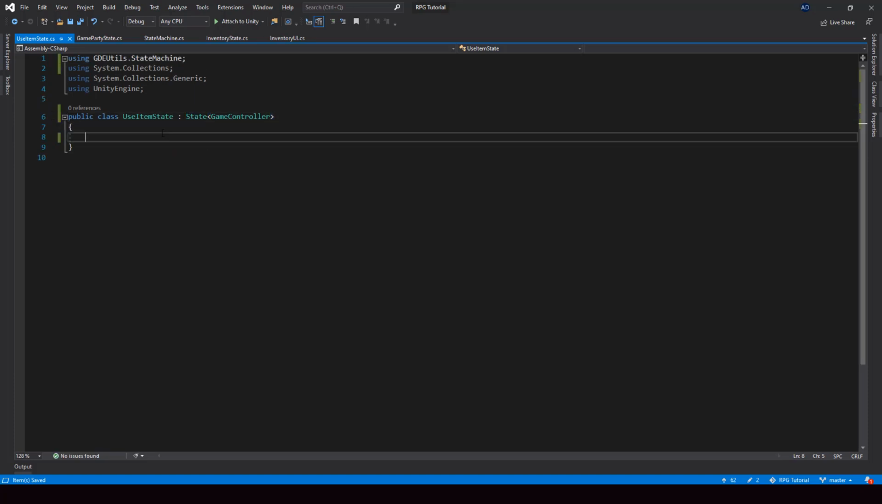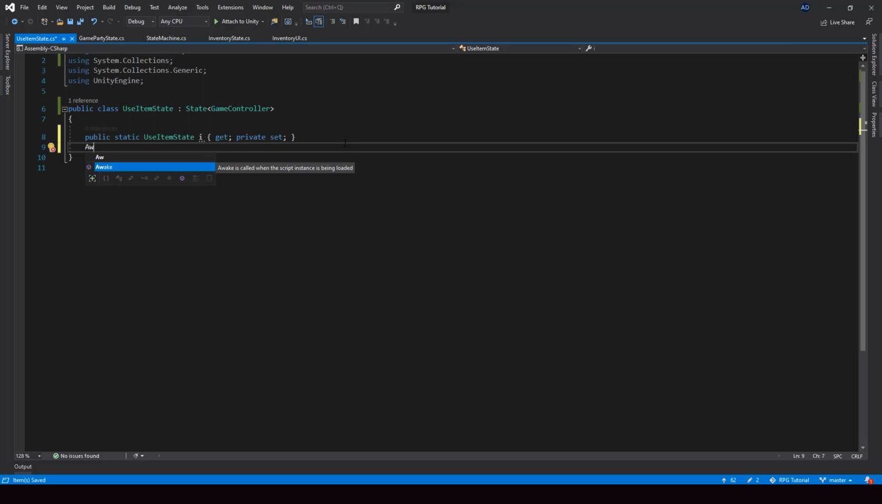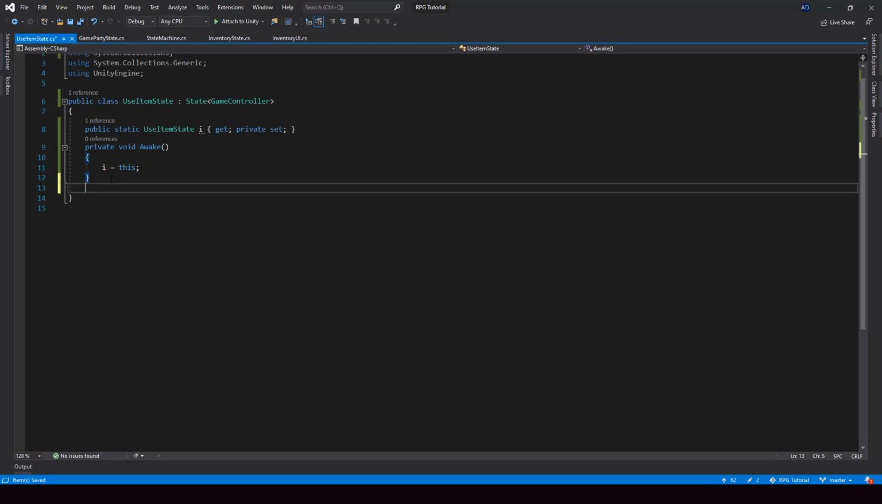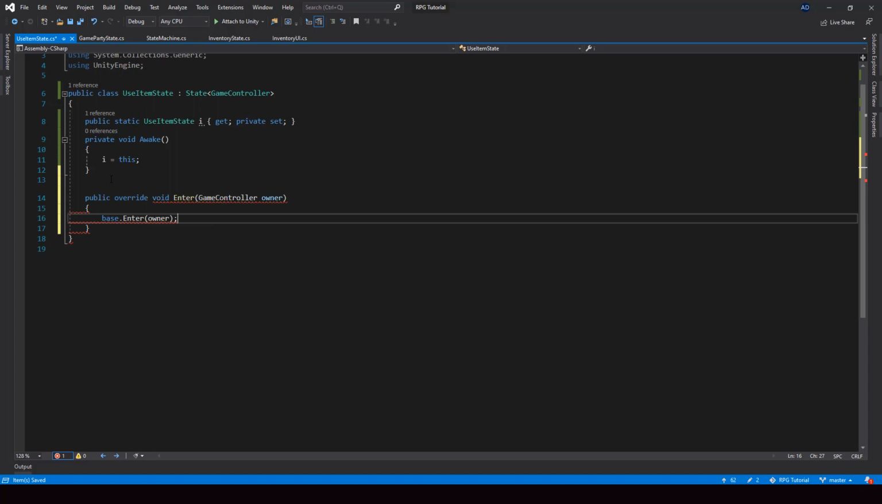All right, so let me make the state a singleton so that we can access it from other states. All right, and I'll assign the instance from the awake. Okay, so next I'll override the enter function. So when we enter the state, we can run the code for using the item,